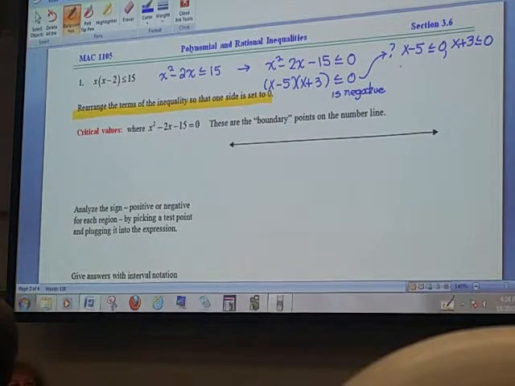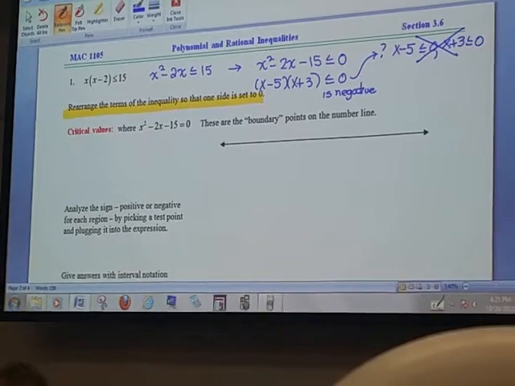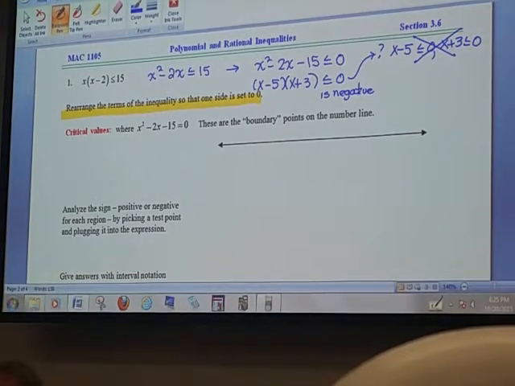In other words, there's a lot of different cases if all you're talking about is the signs. So we don't do this. What we're going to do is a big global analysis that finds out where this particular polynomial is positive or negative for its entire domain. And then at the end, all I look at is the one I need. If I have a less than sign, I pick the negative answer. If I have a greater than sign, I pick the positive answer. But my analysis goes for everything. It doesn't matter if the sign's to the left, to the right, has a little equal sign, doesn't have it,